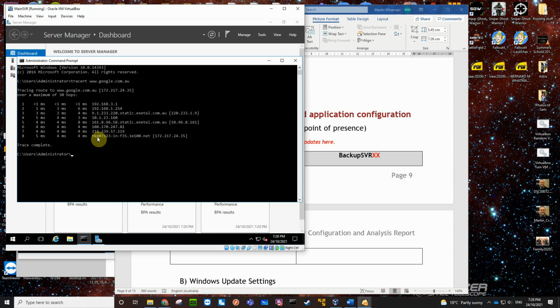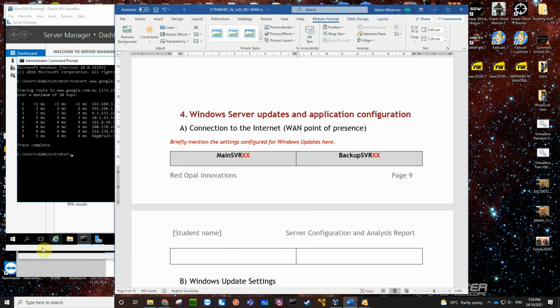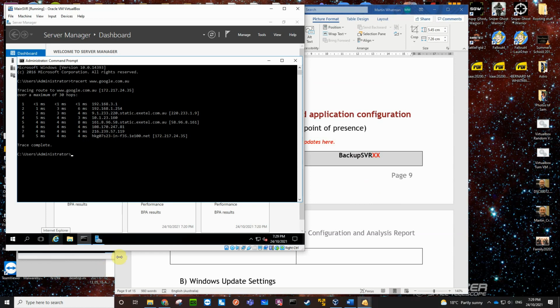that looks like Hong Kong f35.net. It's probably really a virtual machine. So anyway, it gets to www.google.com.au, and that's what we're going to take a picture of. So if I just pull out here and hit my print screen, click out here, print screen,